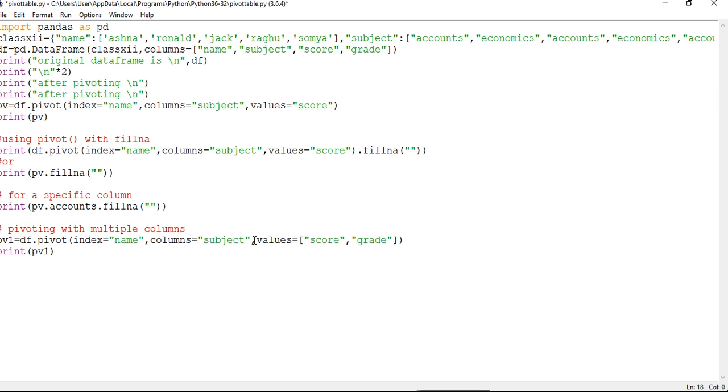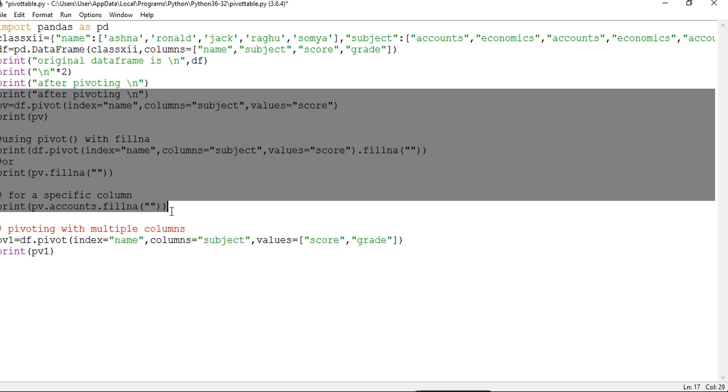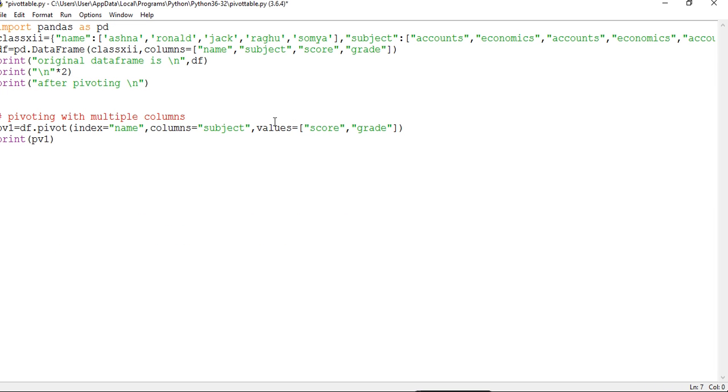You can also remove the one parameter, means values.